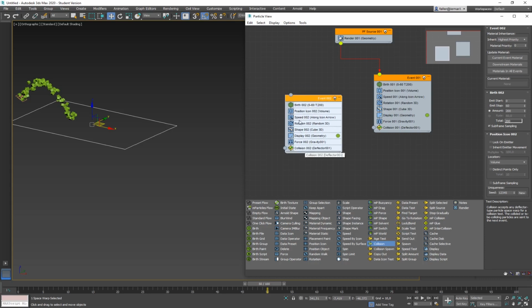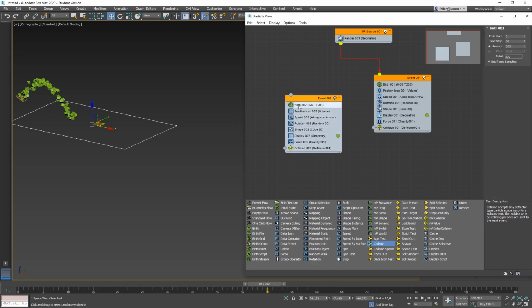It doesn't need the birth because in my event they come from the other event and they are already born there. So remove the birth. Also the position, because the position is where they are born on the emitter.